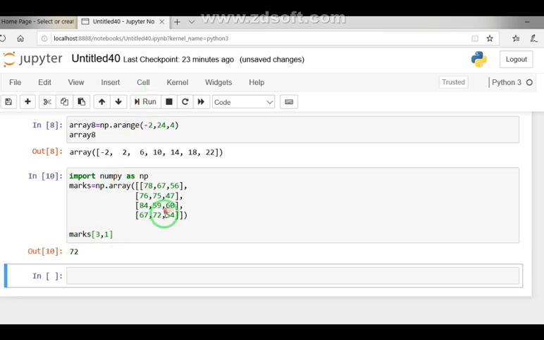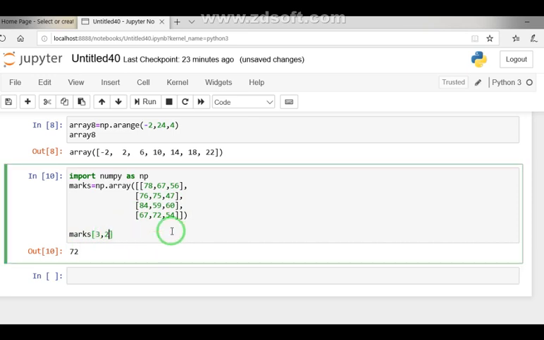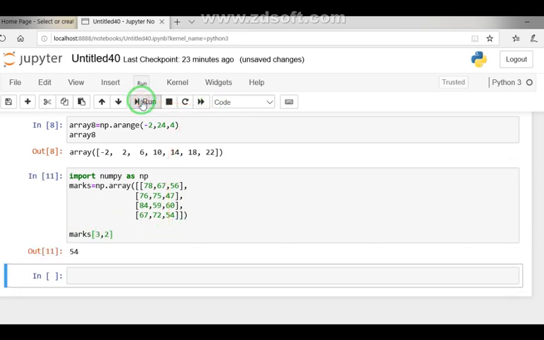If we have to access this 54, this is represented by 3 and the column number will be incremented by 1, this is basically 2. So you run this one. This is nothing very difficult. If you understand this concept, it is not so difficult, we just have to remember the formula that the index value starts from 0, 0th for the row value and 0 for the column value. Moving forward,